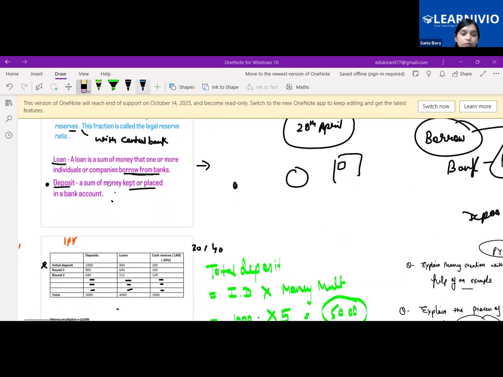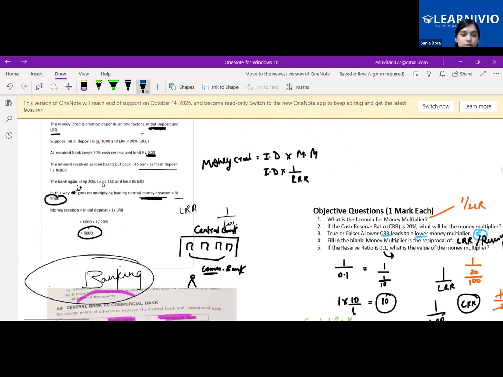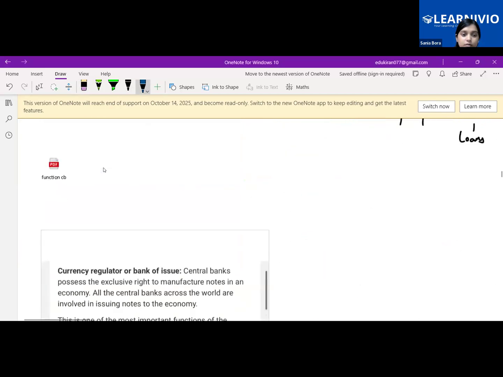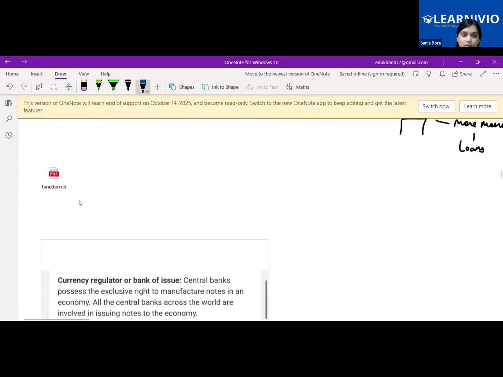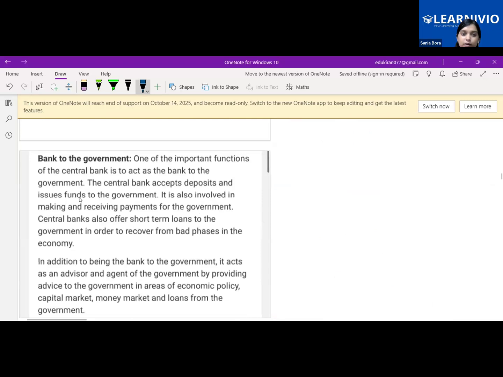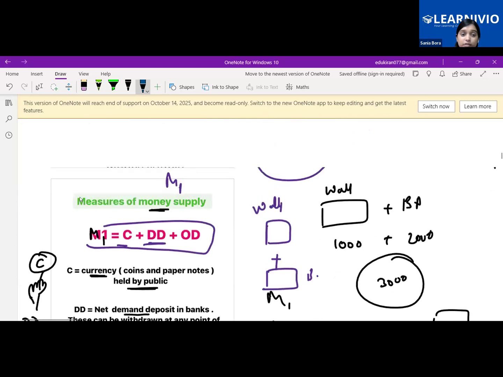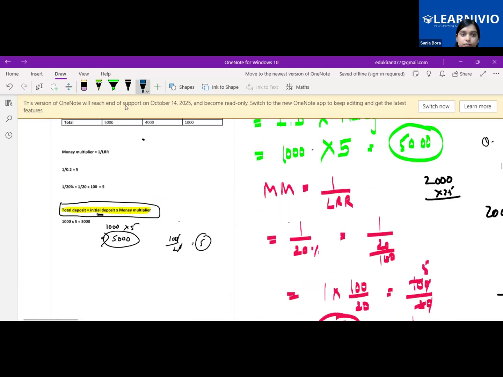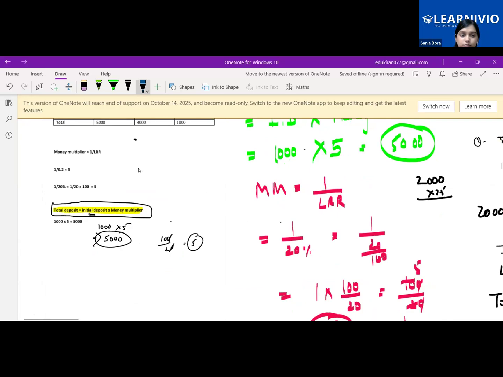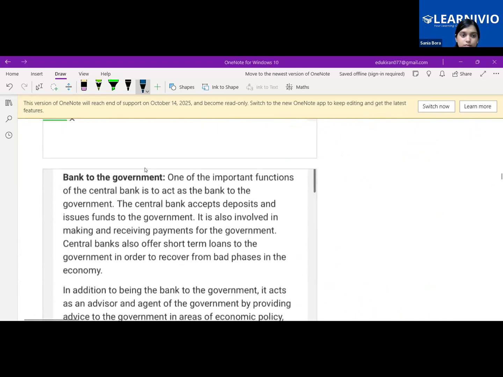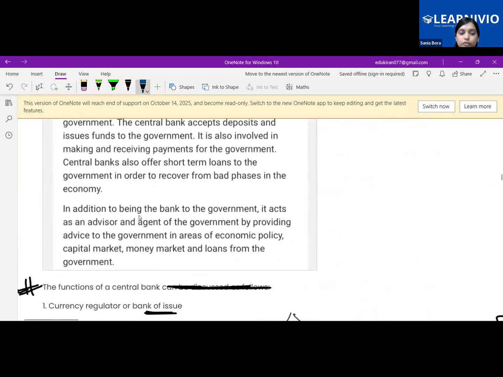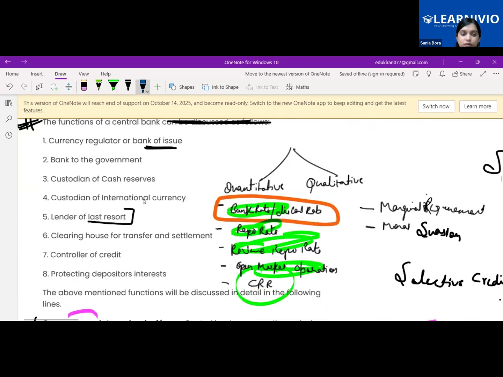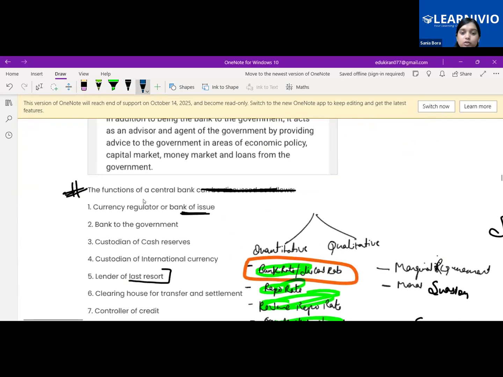Okay, now let's move to the next one. This we already discussed in the previous class. The difference also we have done. So today we will look at the features of the central bank. First of all, currency regulator or bank of issue. So first of all,